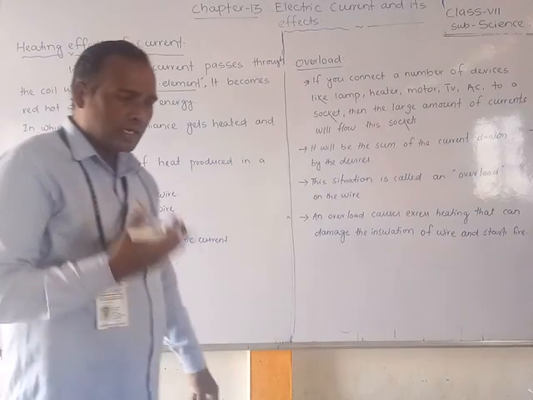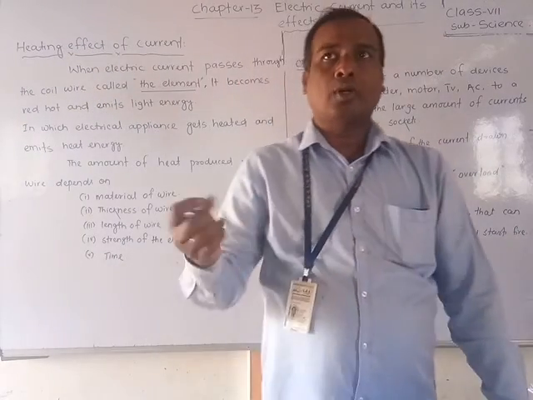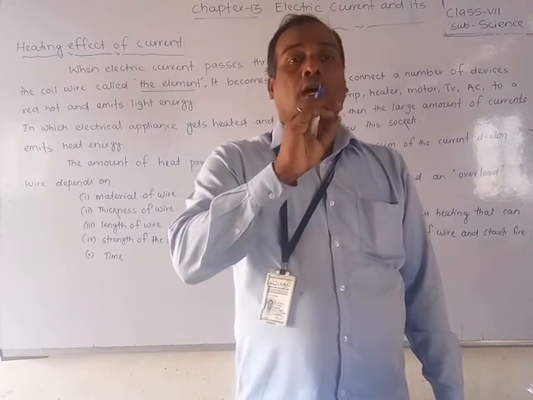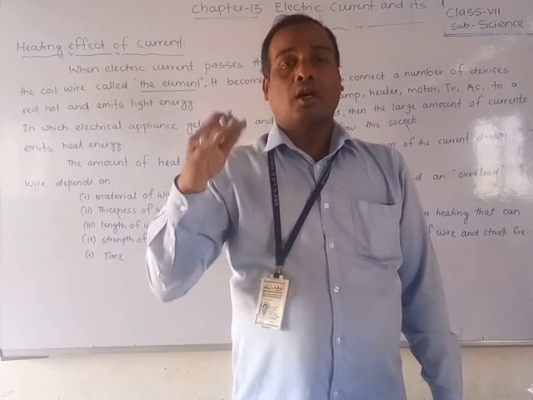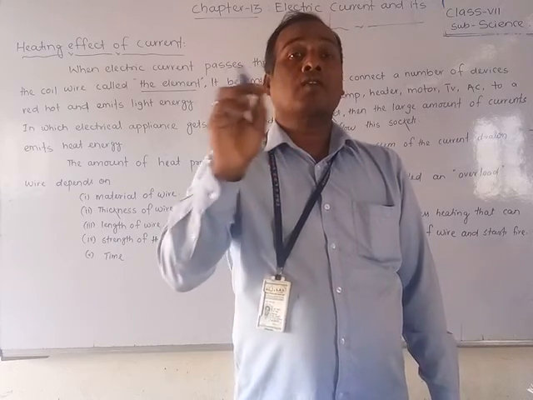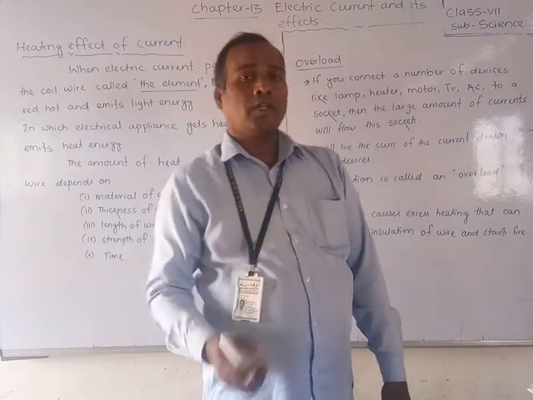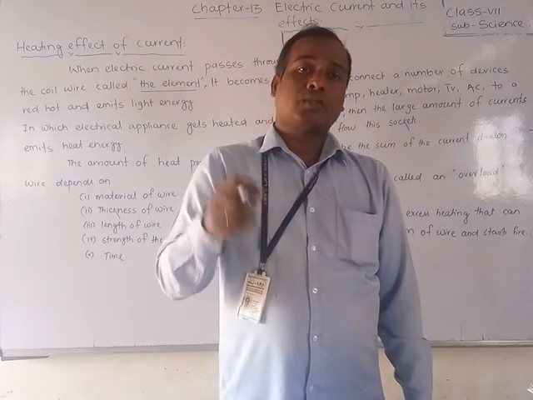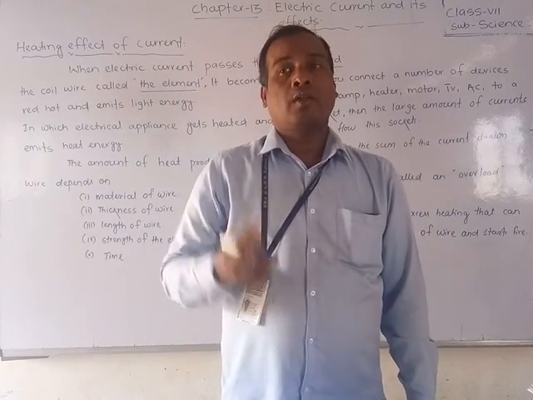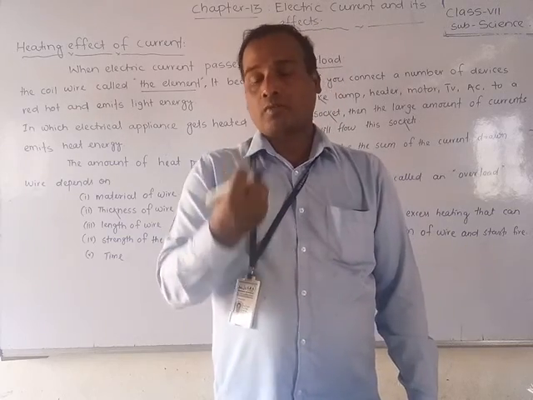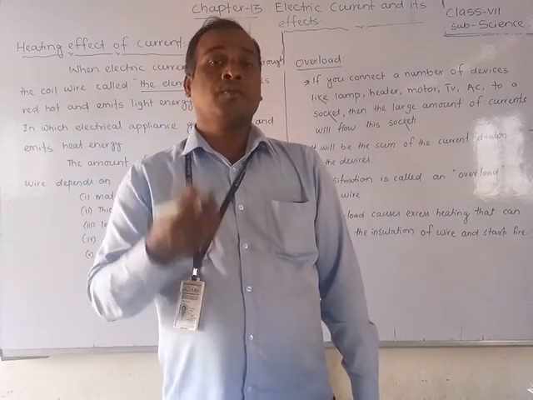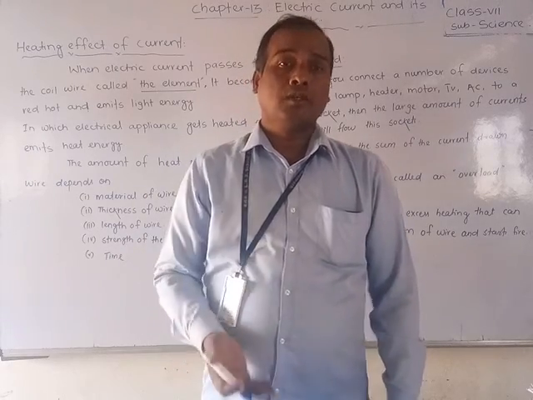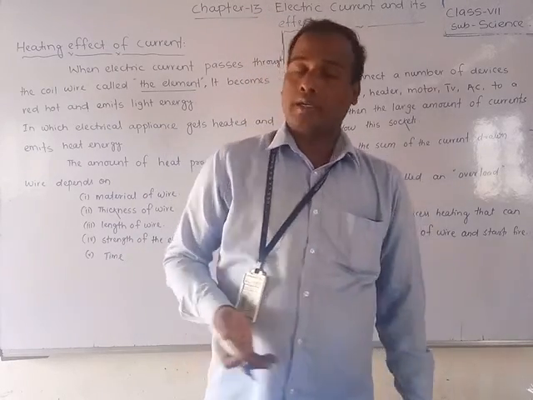So students, whenever the electric bulb is switched on, you will observe that, or after it is switched off you can see slowly the red color filaments. What is happening? When you switch on, the current passes through the coil or wire inside, it gets energy and starts to heat, becomes red and emits heat energy as well as light energy.